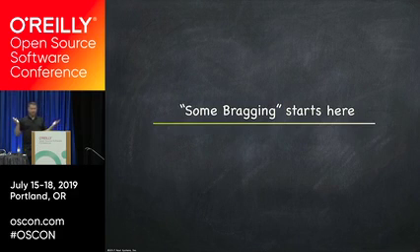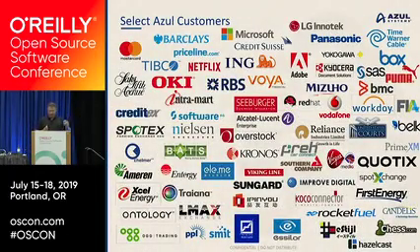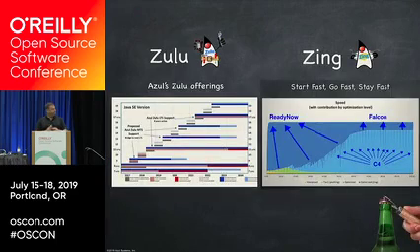So to start with, I work at Azul. I started a company, and we're all about Java, right? We have various JVMs, and a bunch of people use them. So these are just samples of them. The two main product lines that we have are called Zulu and Zing. You can think of it as Zulu is about OpenJDK offerings that are 100% open source, same as everything else, just a little ahead of the curve, but everything is within the project. And Zing is about being better, faster, metrically improved.